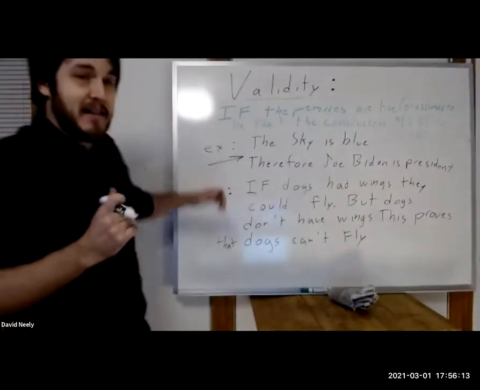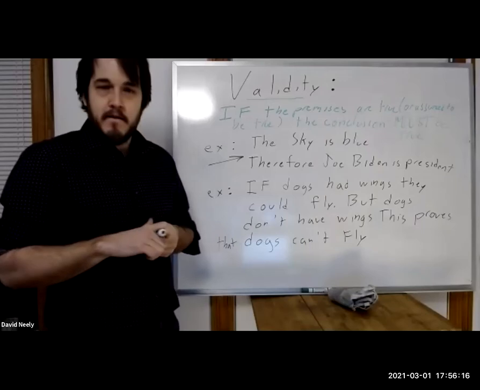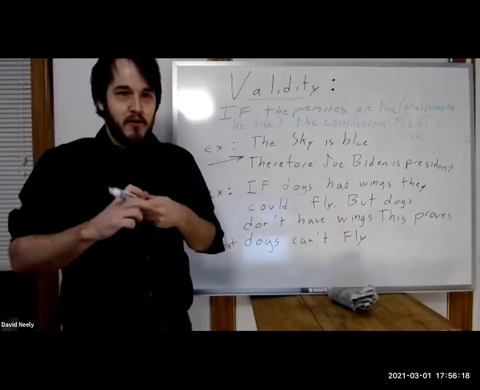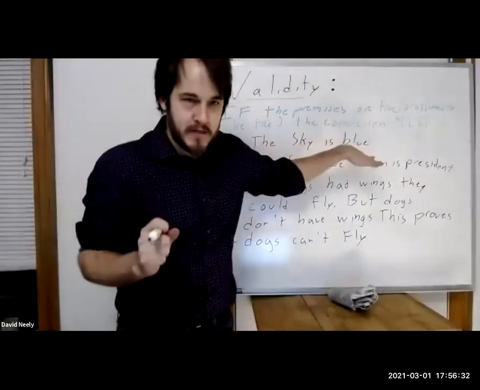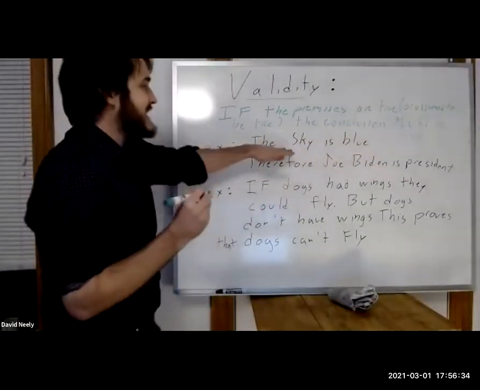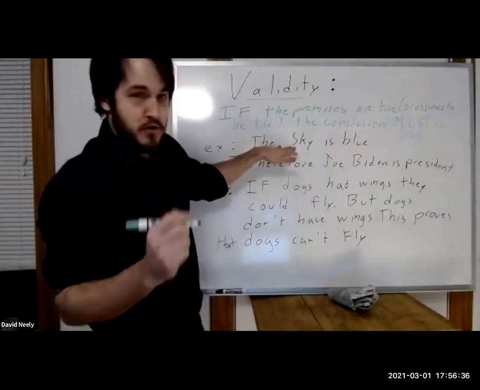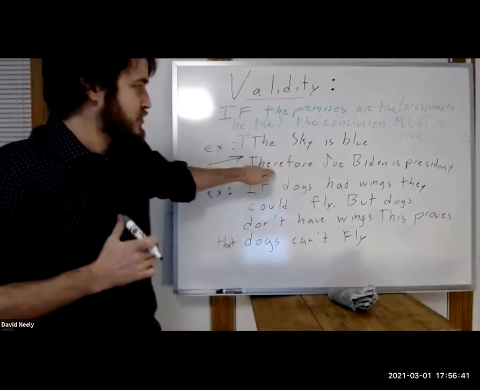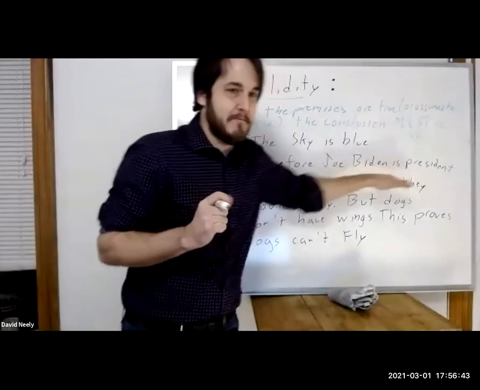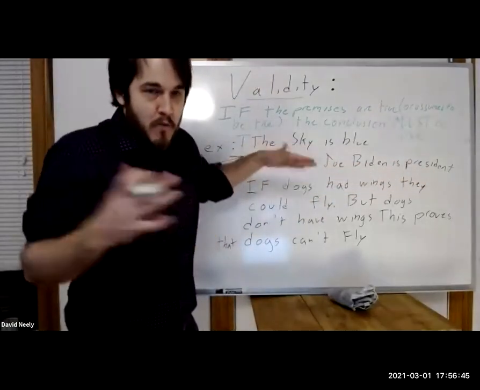Is this a valid argument? No, it is not a valid argument. Nicole, Raph are shaking heads. Why not? Well, because the sky could be any other color, and Joe Biden, like, they don't really have any type of correlation. There's nothing connecting them, but more importantly, here's the key. Let's just stipulate that the premise is true, that the sky is blue, which it is. It is true. Can we imagine a world in which Joe Biden is not president, but the sky is still blue? What would that world have looked like?